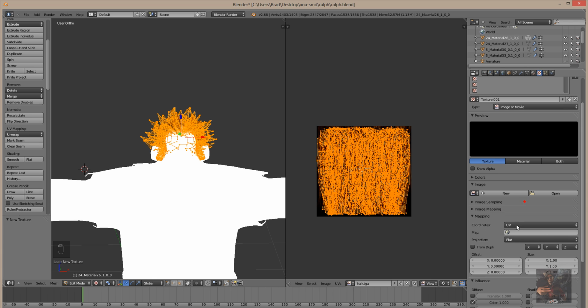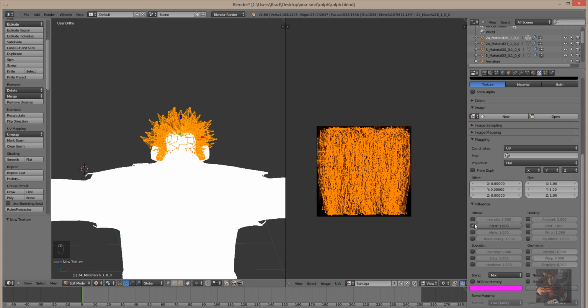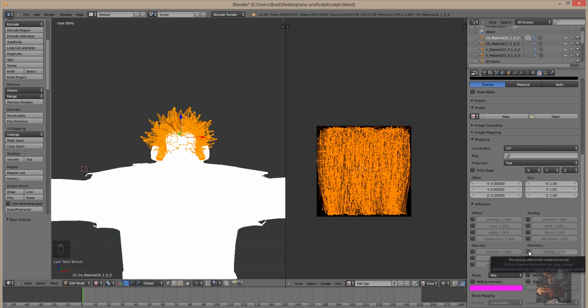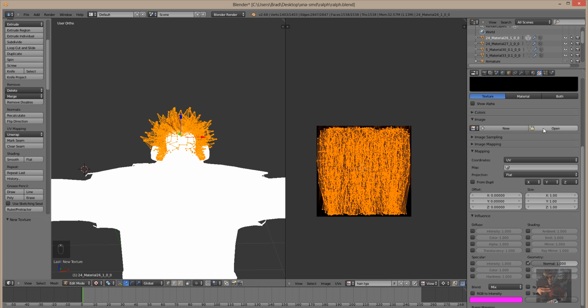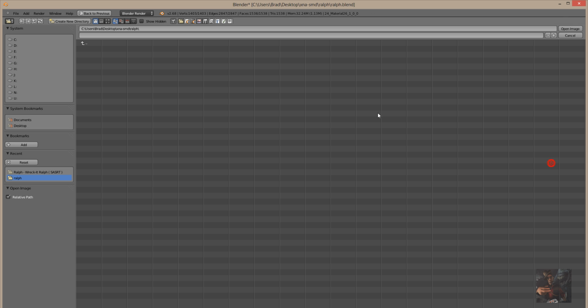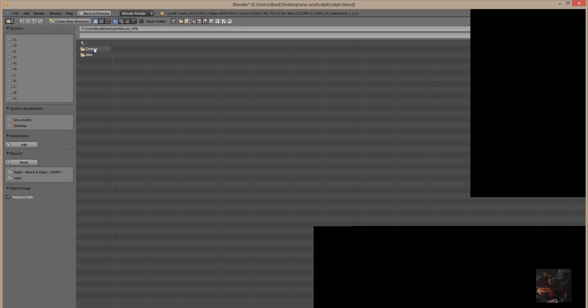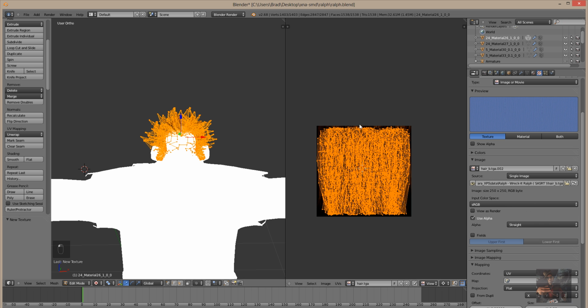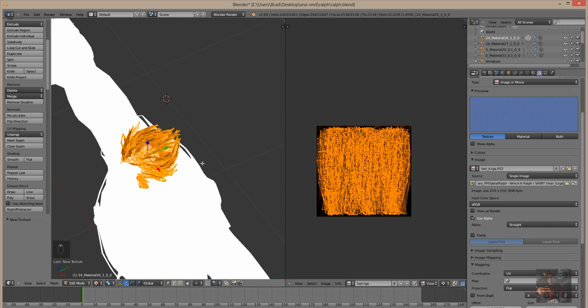Generated is UV. And down here we're going to turn off color, and we're going to select normal. Then we're going to open that bump map. So desktop, XNA LS, XNA LoRa, XPS, data, Ralph, and hair B. Open that. So now we've got some bump,